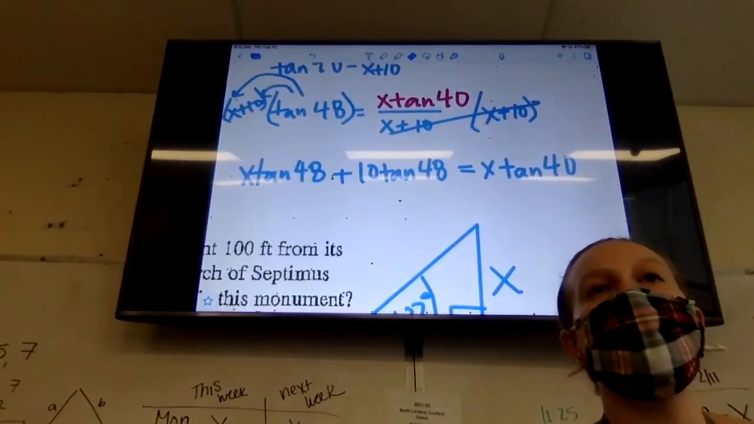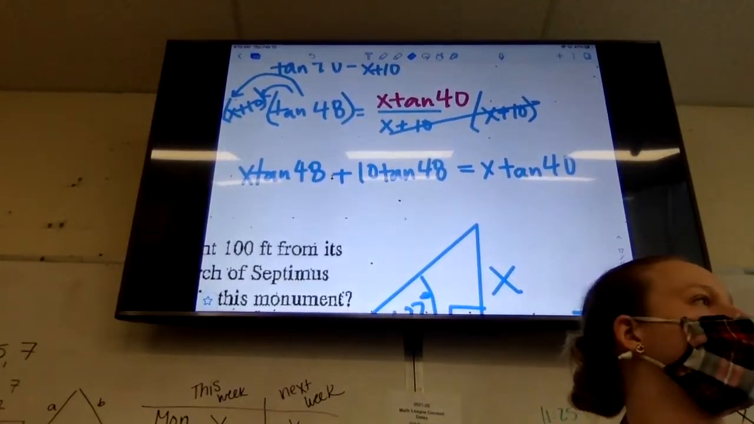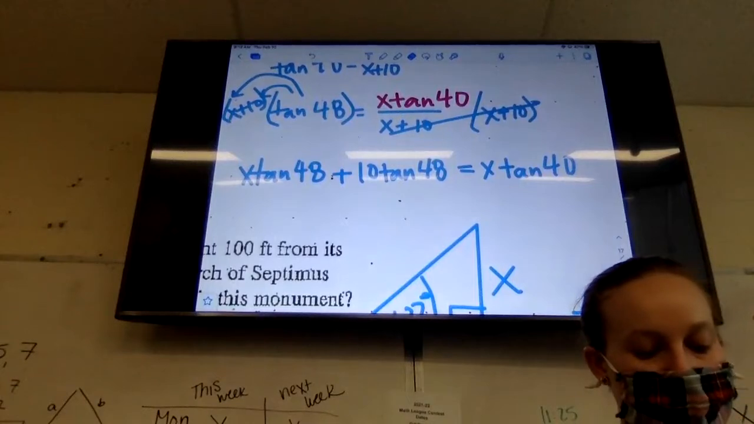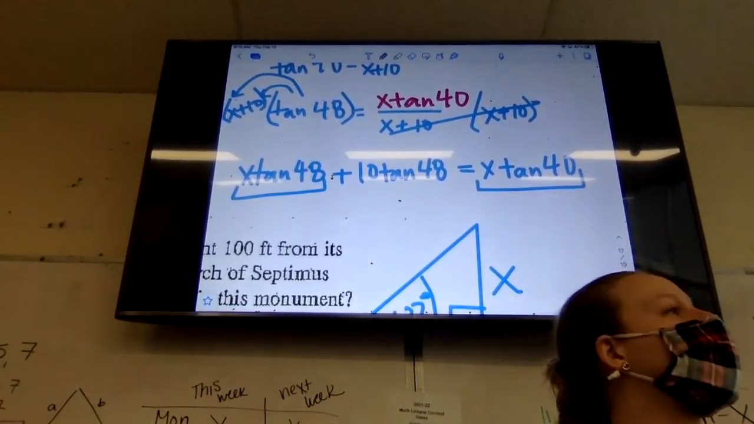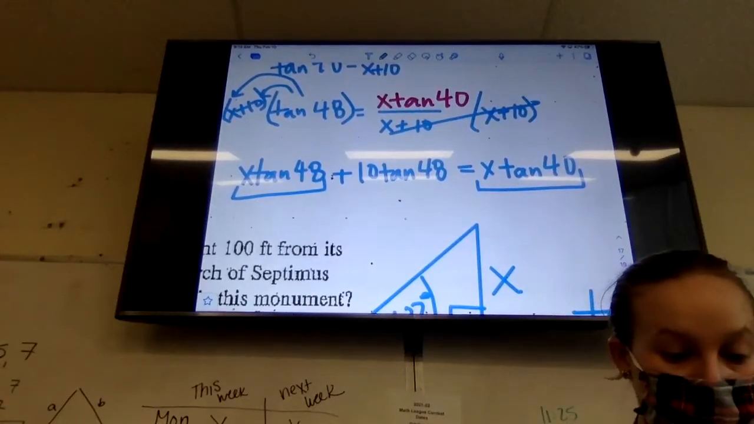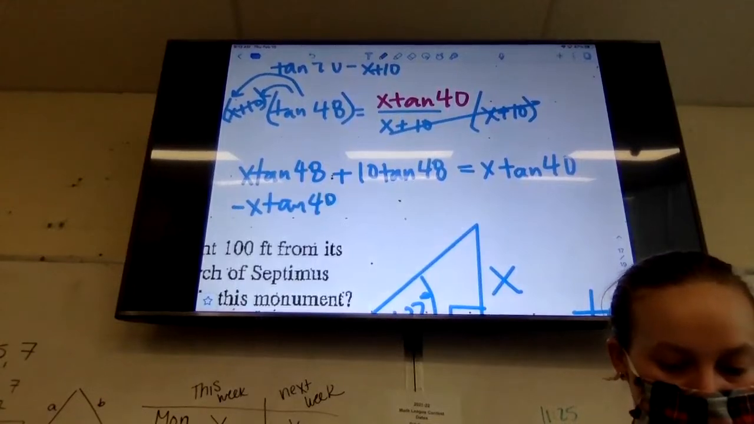Again, if you decided to put this in as decimals, then none of this would really matter, because you would be able to just use your numbers and see what works. But I can't do anything with an x tan 48 and an x tan 40 right now. So if I get those to the same side, I can factor out an x and then I can solve. So if I minus off my x tan 48 from both sides,